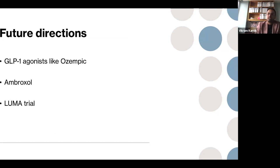And then I just wanted to talk about a few quick future directions before we open up the floor for questions. I want to leave lots of time for questions. But these are some clinical trials that are ongoing worldwide. The first one is looking at GLP-1 agonists. So these are things like exenatide,